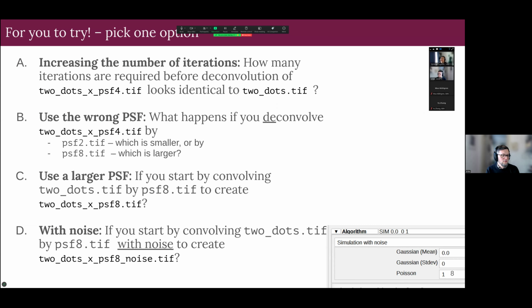So I have 4 suggestions for what you could try if you want to try something. You pick one of them that looks interesting, I give you 2 minutes, and I'll show the expected results from these. Simplest, you could just try to increase the number of iterations and see what happens. How many do you need to get something that looks identical to the first image? You could use the wrong point spread function, because there's one which is smaller and one that is larger. You could try to do the whole thing with a larger point spread function from the beginning,